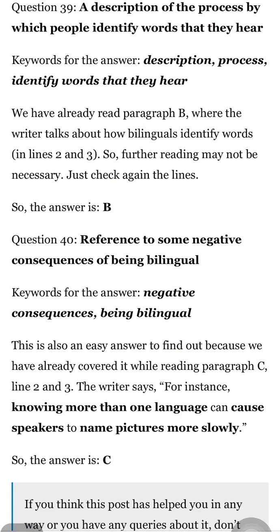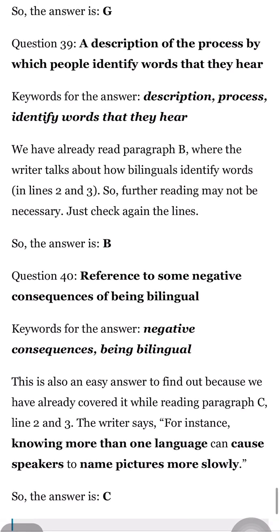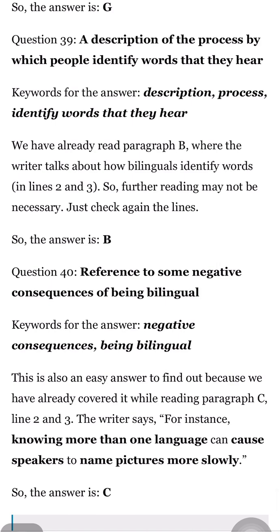Question 40, reference to some negative consequences of being bilingual. Keywords for the answer: negative consequences, being bilingual. This is also an easier answer to find because we have already covered it while reading paragraph C, line 2 and 3. The writer says, for instance, knowing more than one language can cause speakers to name pictures more slowly. So, the answer is